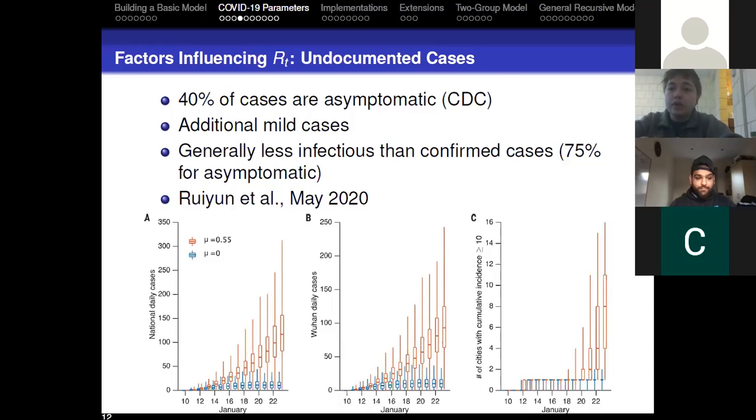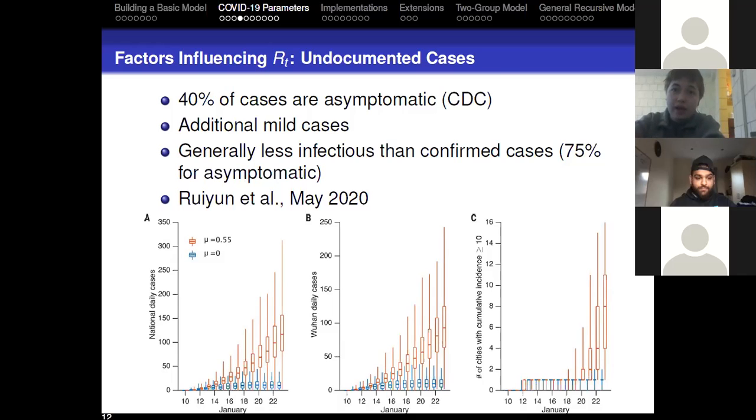And so if we look at these graphs on the bottom of the slide, this is a study of Wuhan, which determined that asymptomatic cases or unreported cases are around half as infectious as reported cases. So that's where the mu equals 0.55 comes from, and you can see that when you account for